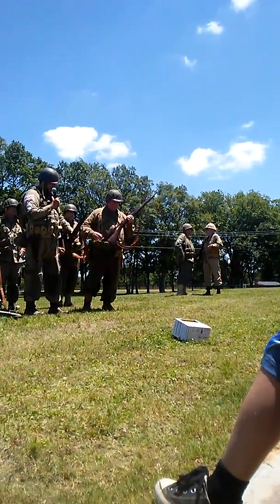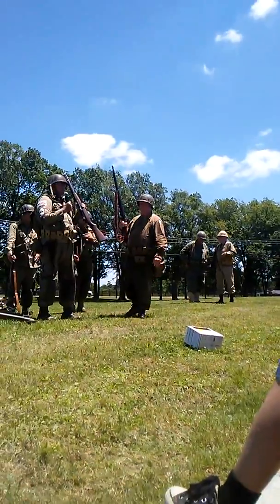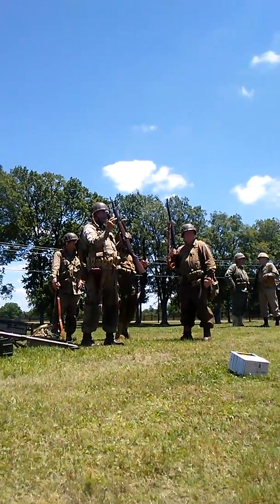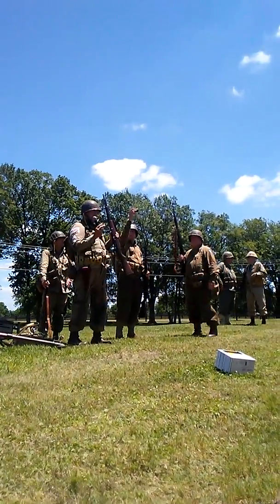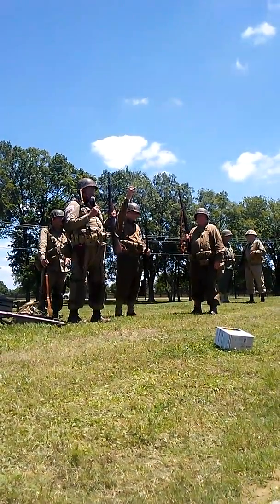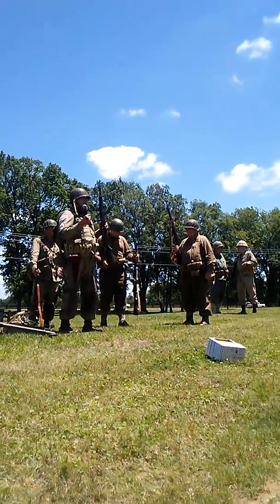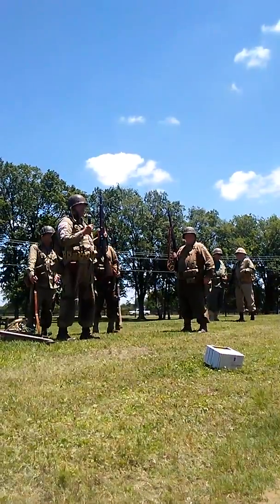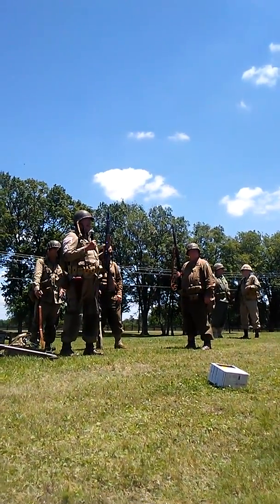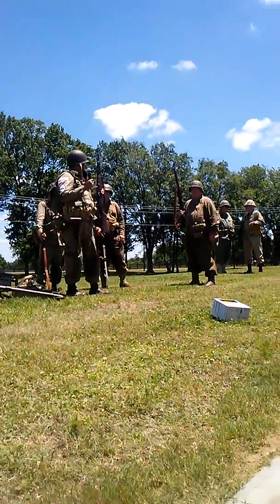The M1 Garand carries an 8-round in-block clip. What is an in-block clip? The 8 rounds are held in a little metal block, and at the end of the 8th round, you will hear a little ping, and that's what they call the Garand chink. Allegedly, I don't know how true it is, the enemy would wait till they heard that little ping, and they would know that you were out of ammunition, and that it was safe for them to advance while you were trying to reload. So,